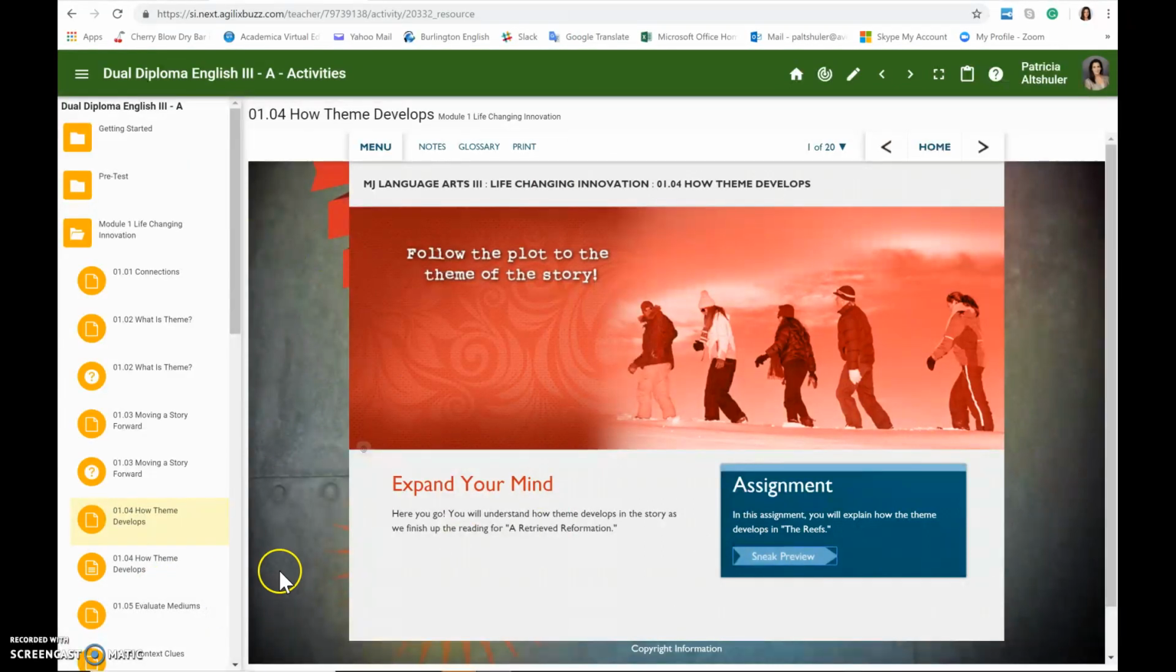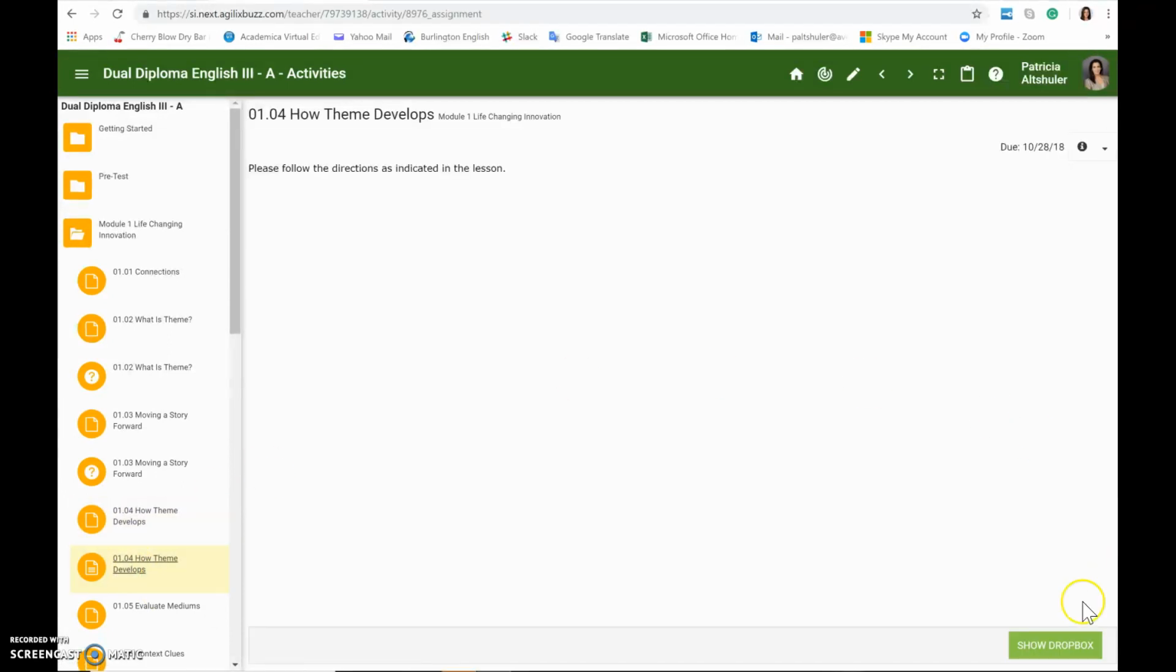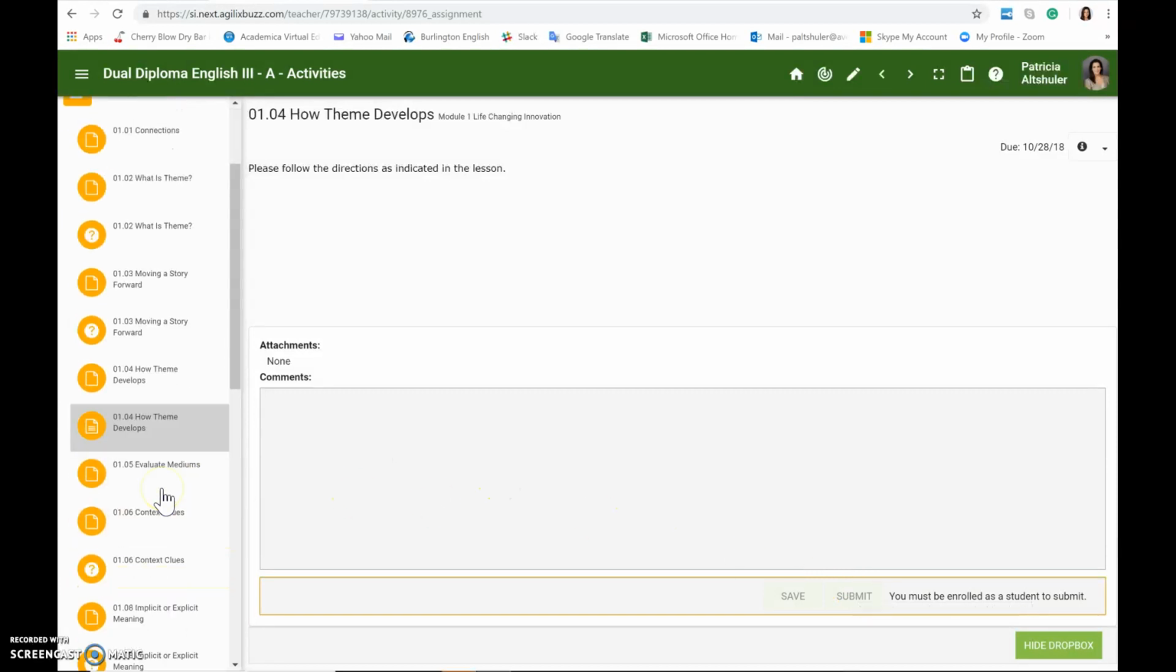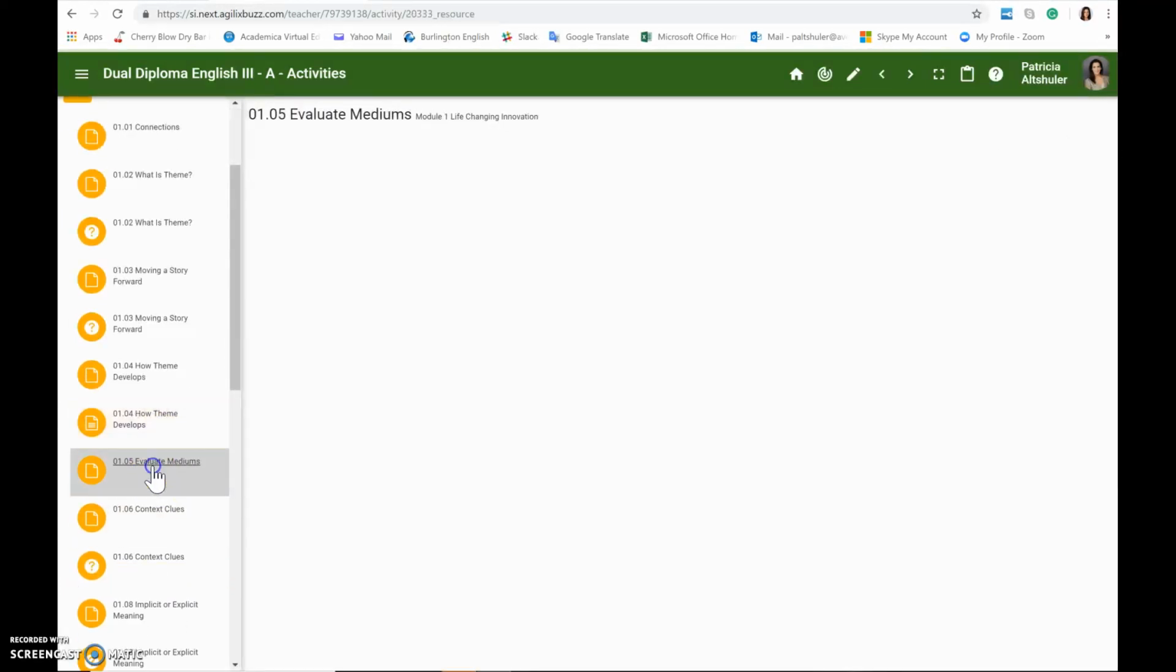Once you finish that, you will then click on 1.04, How a Theme Develops, click Show Dropbox, and insert the graphic organizer and paragraph here, and then hit Submit. Then you can continue on to reading 1.05, which is just reading,